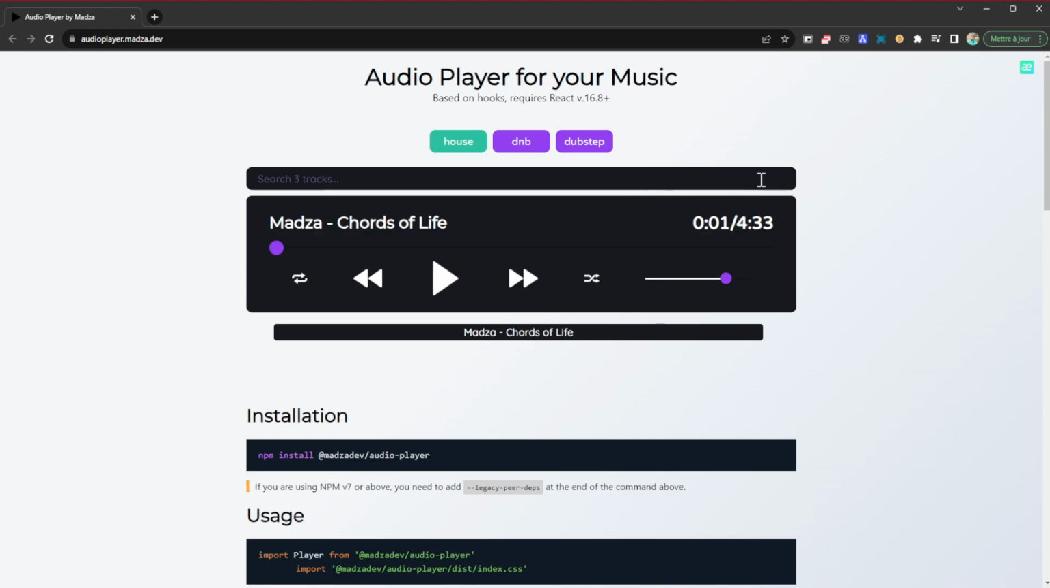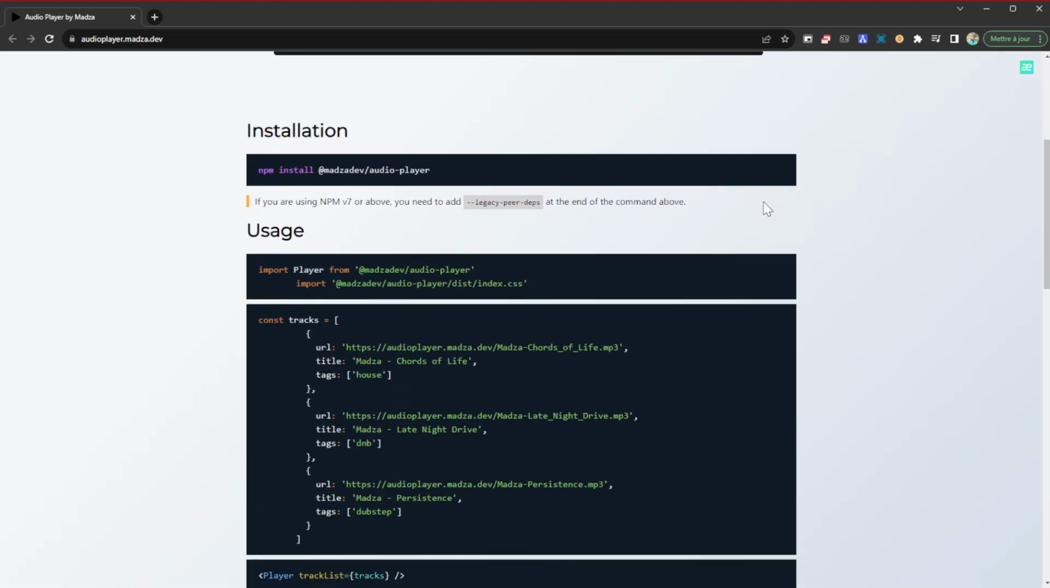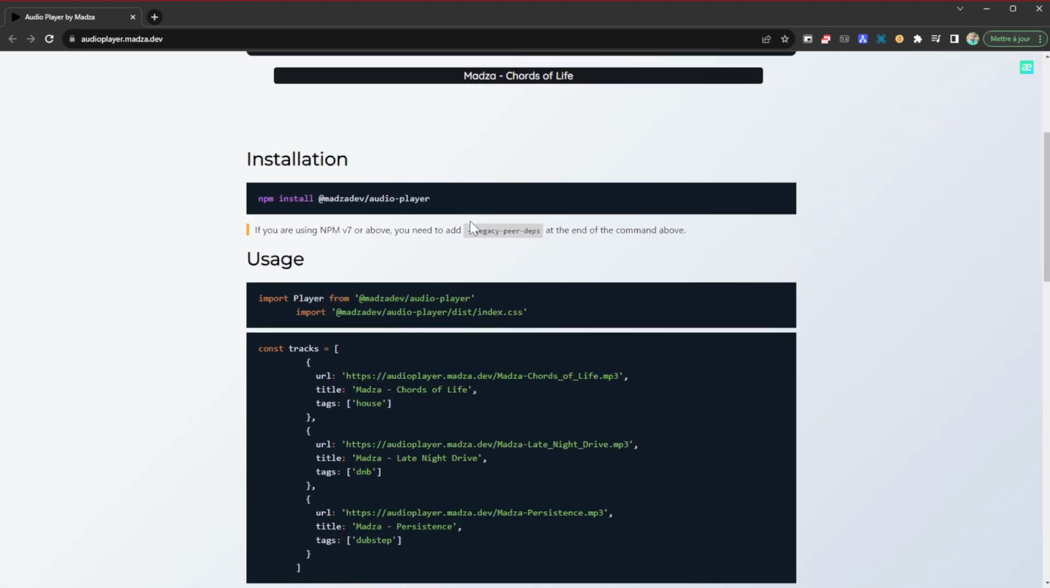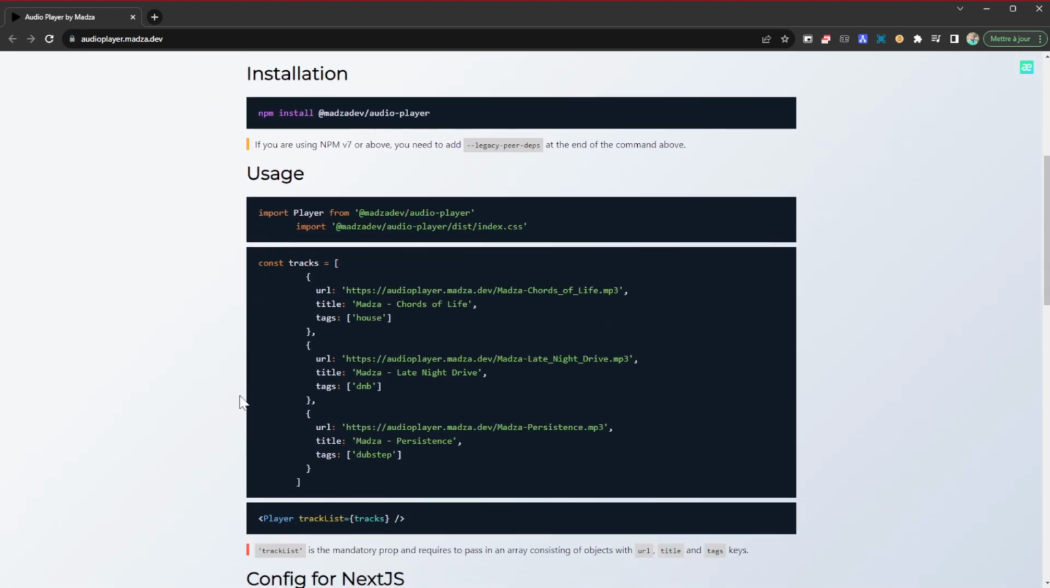I don't really know how much customization it offers, but basically it's going to allow you to place this interface onto your website and you're going to be able to play audio. So right now this is it. You can find it at audioplayer.madza.dev. And with these few lines of code after installation, you are able